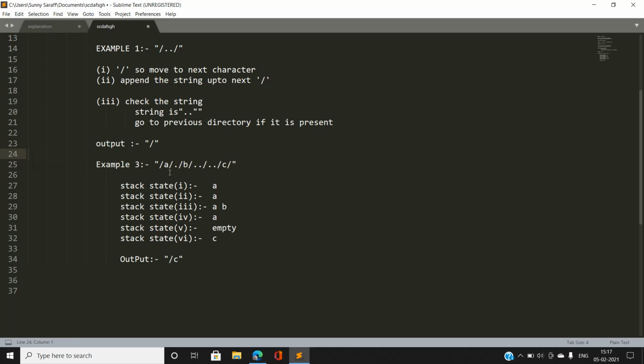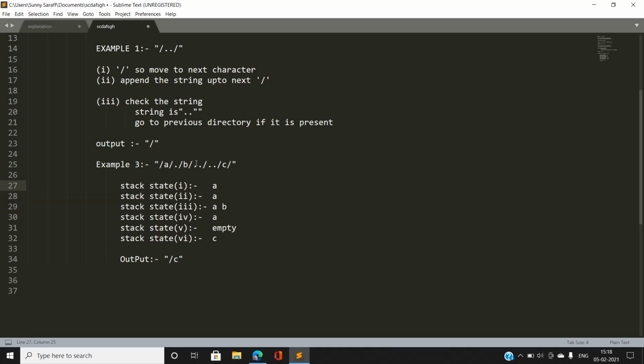I recommend users to watch this example very carefully, because if you haven't understood yet, then this example is going to make you comfortable. Suppose initially I have encountered a string between two forward slashes as a, and this is not a dot and this is not a double dot. Then I'm going to push that string into my stack. So our current stack state is a single a. Now if the current string between two forward slashes is a single dot, then it denotes the current directory. There is no need to do further operations. So again our current stack state is a single a.